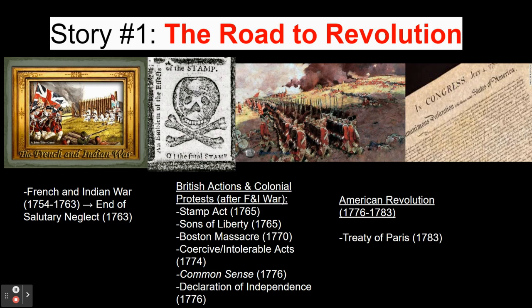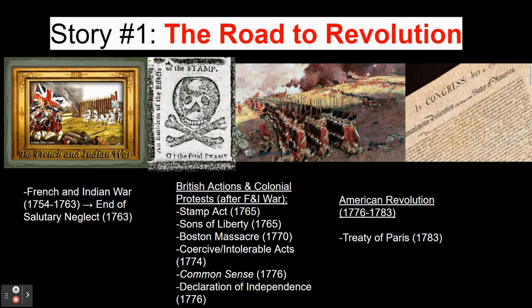Now, the Declaration of Independence, which was signed in July of 1776, written primarily by Thomas Jefferson, is going to leave no doubt that the colonists are seeking to form their own country. And he's also going to lay out some of those big grievances that the colonies have against Great Britain as a whole. So the fighting of the American Revolution, which began in 1775, actually prior to the signing of the Declaration of Independence, is going to continue all the way up to 1781 when the British are going to surrender at Yorktown.